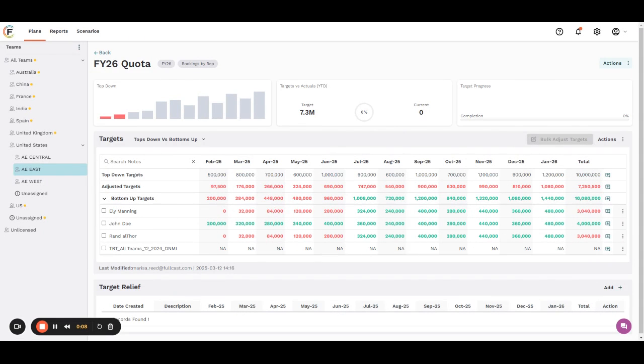Now, the last thing I need to do here is roll this back up. The last video will show us how to roll this back up and summarize this at the adjusted